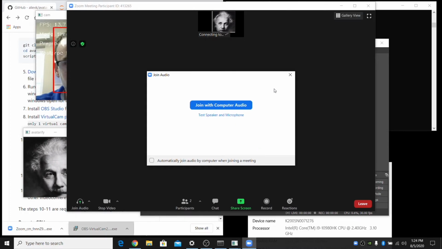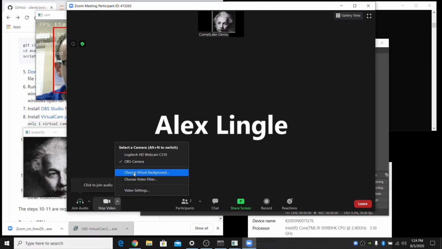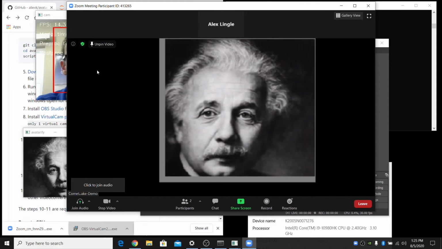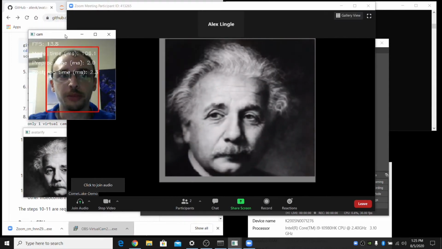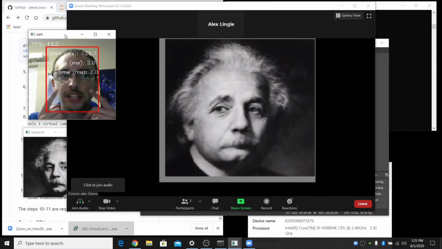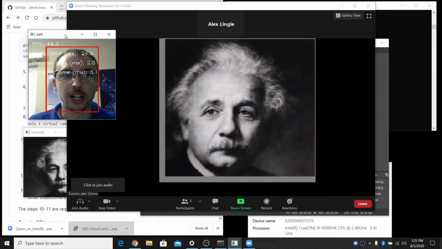And this time we're not going to join the audio. We're just going to go ahead and continue with just the video. And the video feed we're going to use here is our OBS camera. Make sure that that's selected and then start your video. And again, make sure for the best results on the deepfake avatar, make sure your face is in the frame of the red box. Make the same expression as the face of the avatar. So if I generate a random avatar,